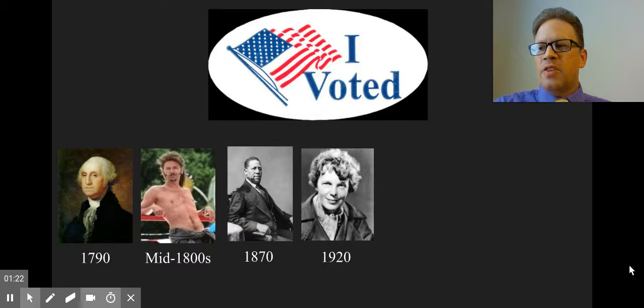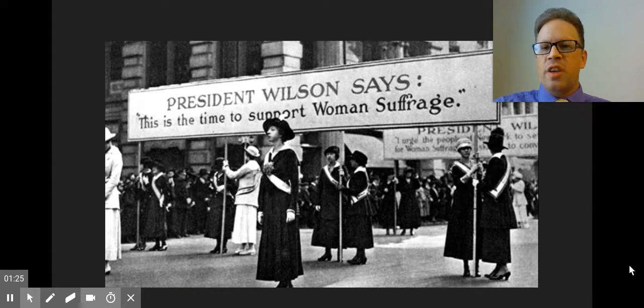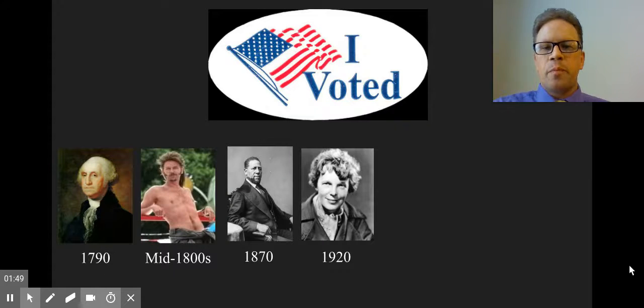In 1848, in Seneca Falls, New York, was the first Women's Rights Convention, setting in motion the struggle for women's suffrage. In 1869, Wyoming became the first state to grant women the right to vote, with other states following suit. So before there was an amendment giving women the right to vote, more than half of the states had already legalized it at the state level. The 19th Amendment, ratified in 1920, extended the right to vote to all adults regardless of sex. This was a part of the Progressive Era. You might remember that from U.S. history.